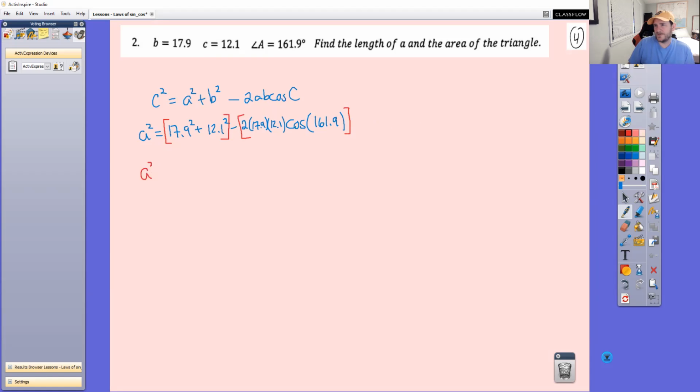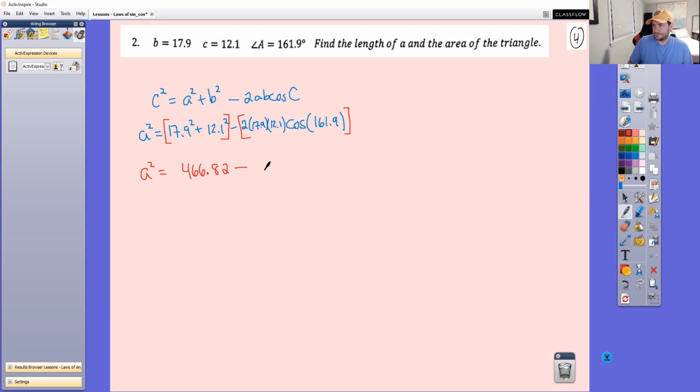And just to do this in steps, let's square those values and add them up just to see what we get. 17.9 squared plus 12.1 squared, 466.82. And then we can just multiply this whole thing out and see what we get. So 2 times 17.9 times 12.1 times cosine 161.9